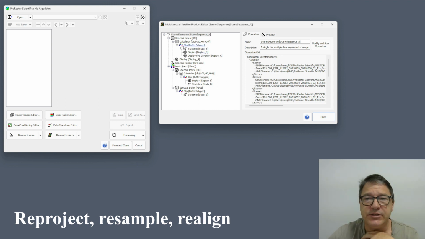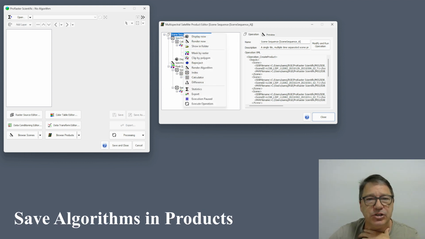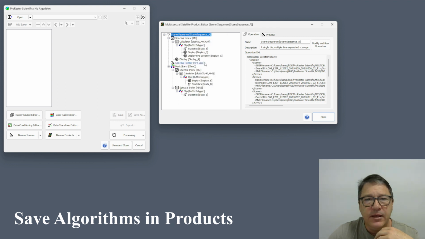And that's when you would use that reproject operation. And again, that's just a virtual raster. It doesn't do anything until you actually go and evaluate the processing chain. So we have render algorithm, and there's another option we're not seeing here called display algorithm. These are just like display now and render now, except that it will create the rendering algorithm and save it into an MRD file and place it into